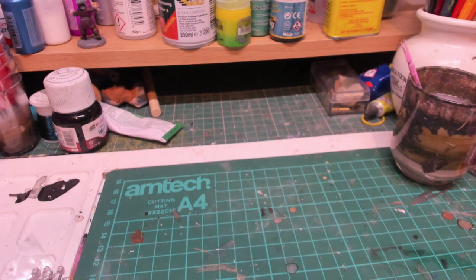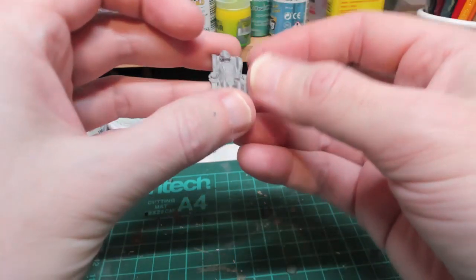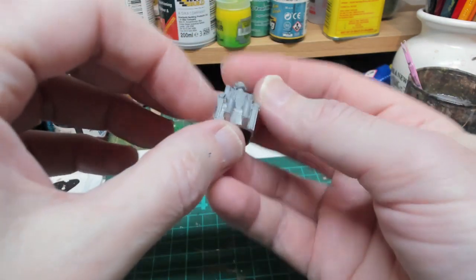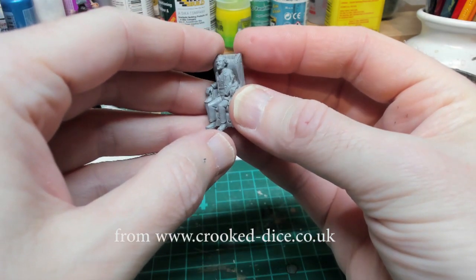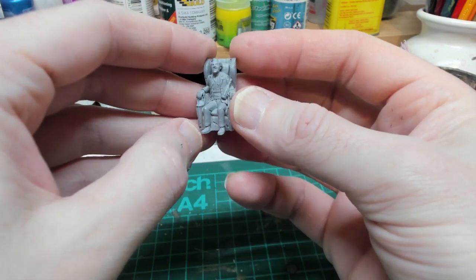Okay, well today we're going to look at some little figures that I've just purchased, and they're an unusual subject. They're from Father Ted, the comedy show. So these are little lead figures, and you get a set of 4. So you get Father Jack, the disgusting priest. It's very nicely sculptured